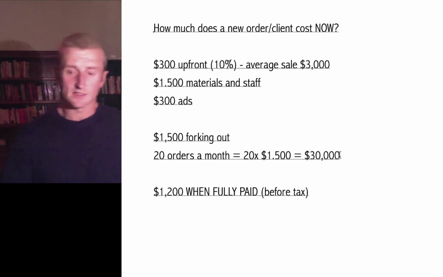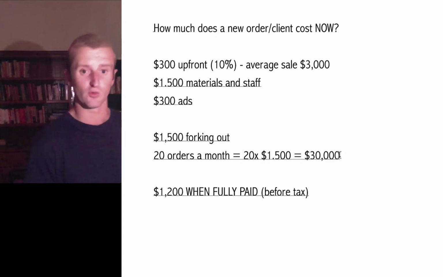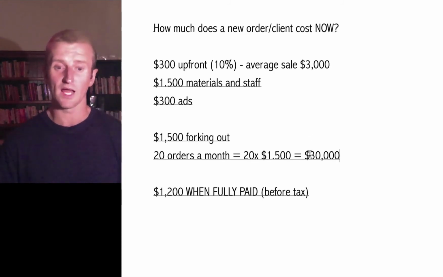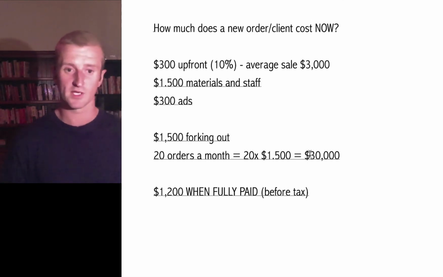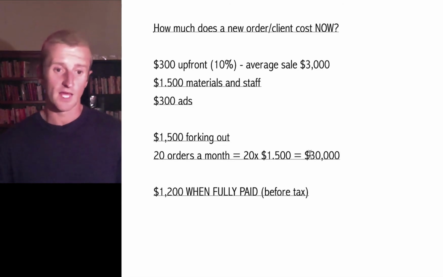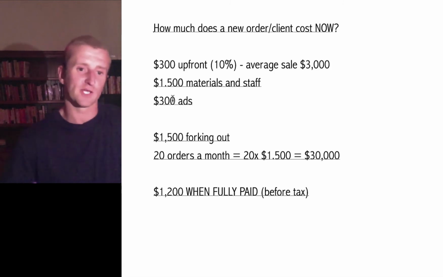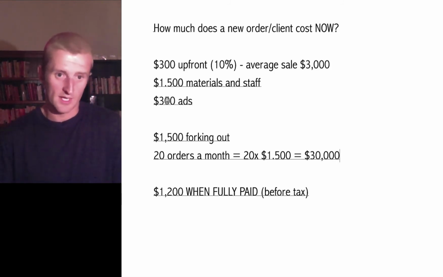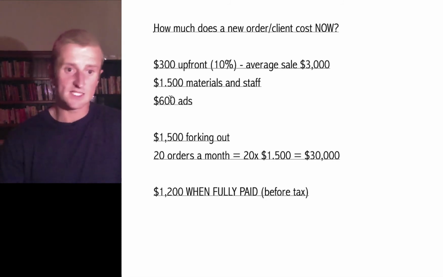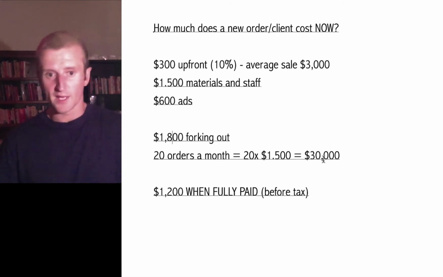So this means that if you wanted to grow and double your business to, say, 40 orders a month or 80 orders a month, you'd have to have quite a large amount of actual cash reserves, or a line of credit or something. You have to work out what this is going to be. And once you know these numbers, then you can work out how much you can actually spend in advertising. You could probably spend, say in this scenario, $600 in advertising, which would be another $300, you'd be forking out more every month,